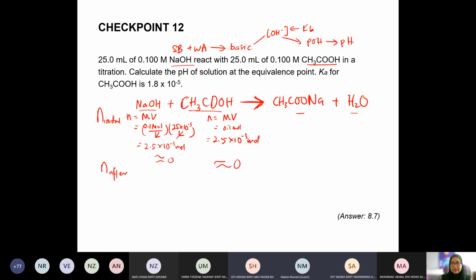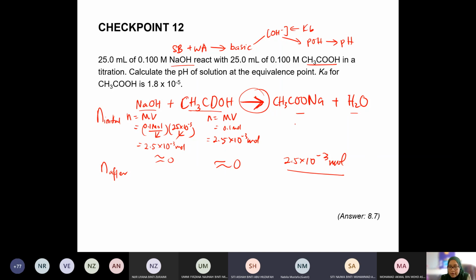How about this one? They dah fully neutralized, it will produce the garam. Betul tak? How much garam will be produced? 2.5 times 10 to the power of negative 3 mole. There you go. So you dah ada the mole of the garam. So this single-headed arrow means that it will fully neutralize and produce the same amount of mole for